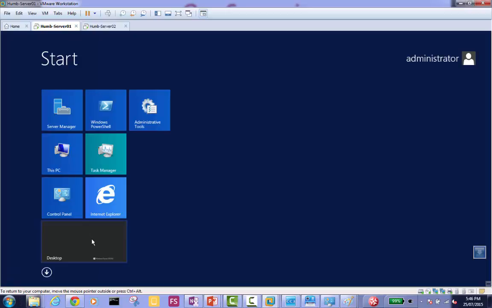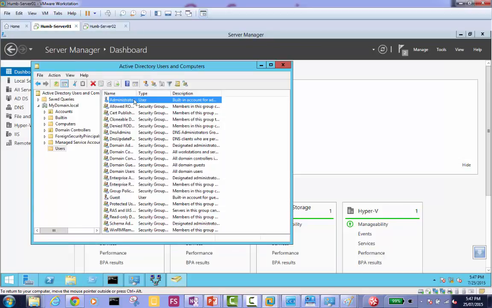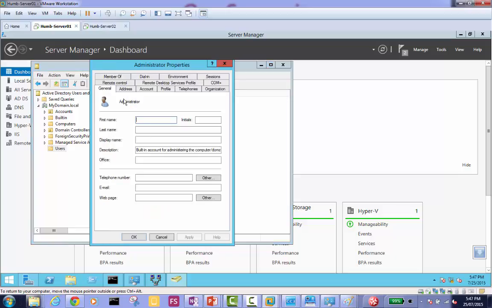Yeah, in my case, I have a new environment. So in your case, go for the admin 1 account and do the same thing I'm doing for the administrator account. If you're logging in from admin 1, you should do it not on administrator but on admin 1. I'm doing it on administrator because I do not have admin 1 in the new environment. So on the administrator account, I can go for dial-in.